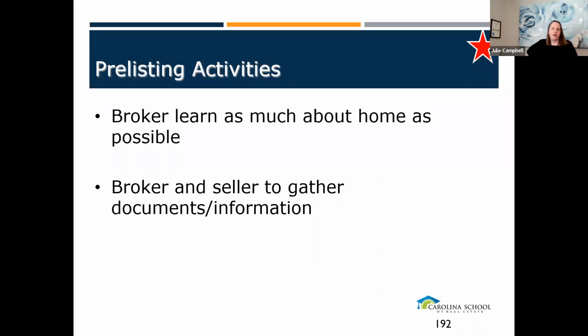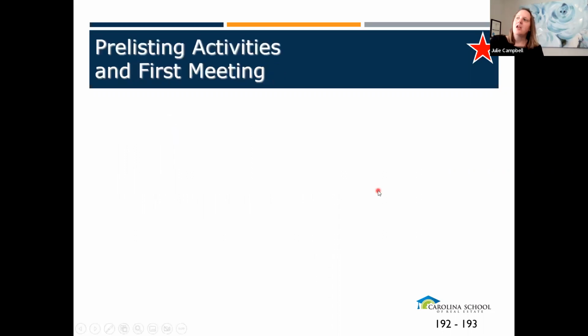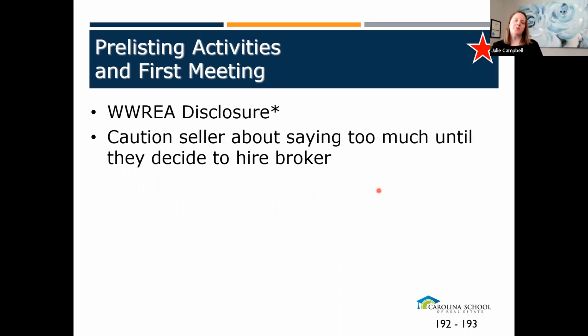So as we're getting more and more ready, we're getting closer and closer to our first meeting. And on this slide, we're going to proceed with caution, because the book indicates that at the first meeting, we do the working with real estate agent disclosure. The reason I want to proceed with caution is, remember, we do that disclosure at first substantial contact. Could you have hit first substantial contact when the seller called you to schedule the listing